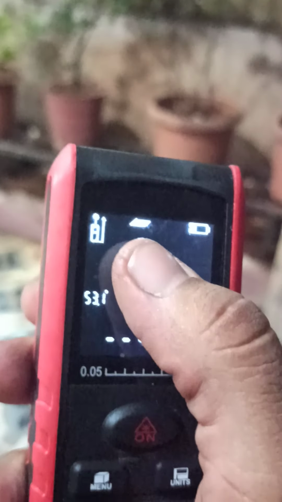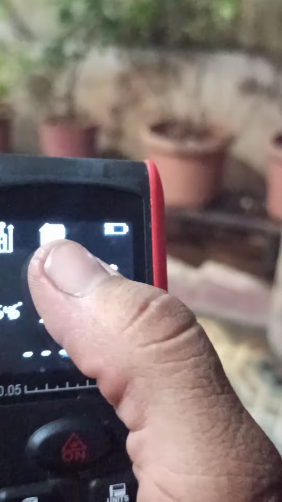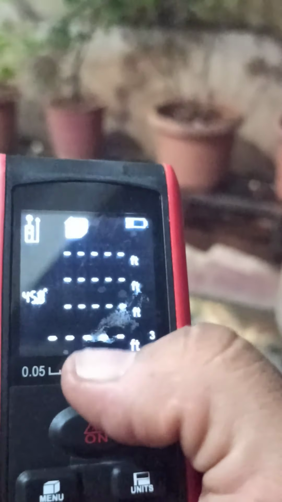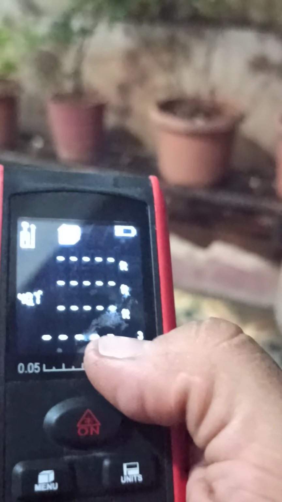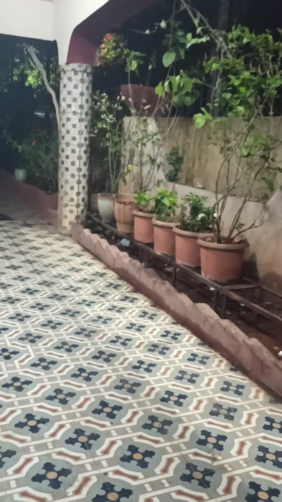See, the first one takes me to area. I press it once more. It takes me to volume. So how do we know it as volume? You have length, you have breadth, and you have height, and therefore the calculation is volume. So now let me press. The light is already on. So I point to the pillar and I say click. If you can see here, I'll first measure this, then I will measure that pillar, then I will measure the top.